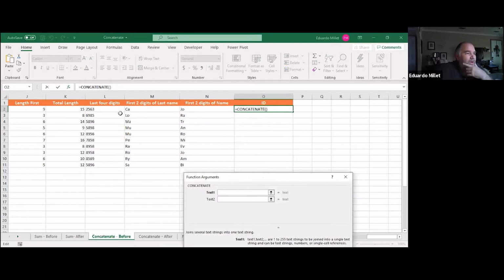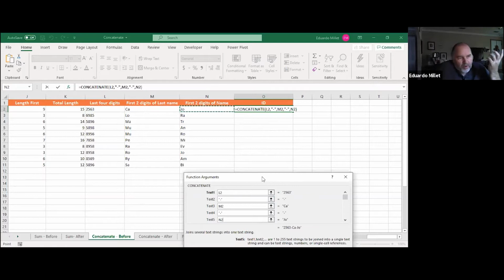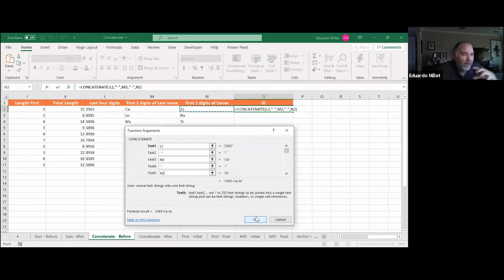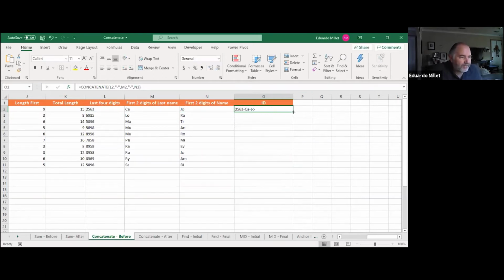The first one is going to be the last 4 digits of the social security number. Then I'm going to do a dash. Then I'm going to put the 2 digits of the last name. I'm going to do another dash, and then 2 digits of the first name. I'm just showing how to put together all the things that we have covered. So basically I have my ID,